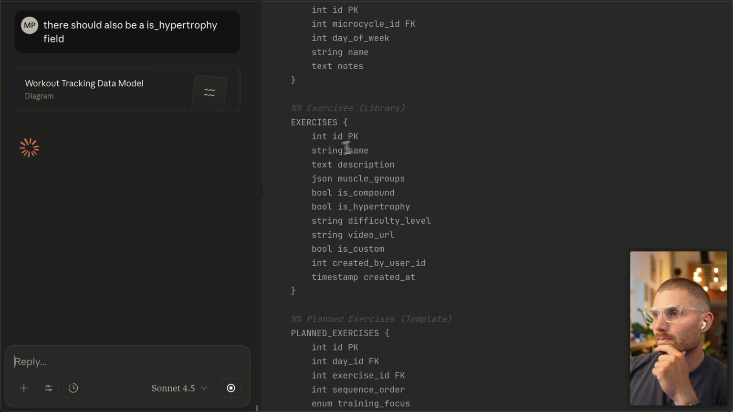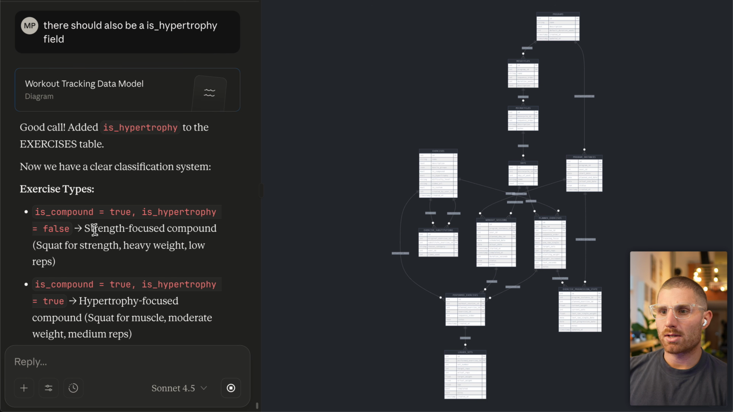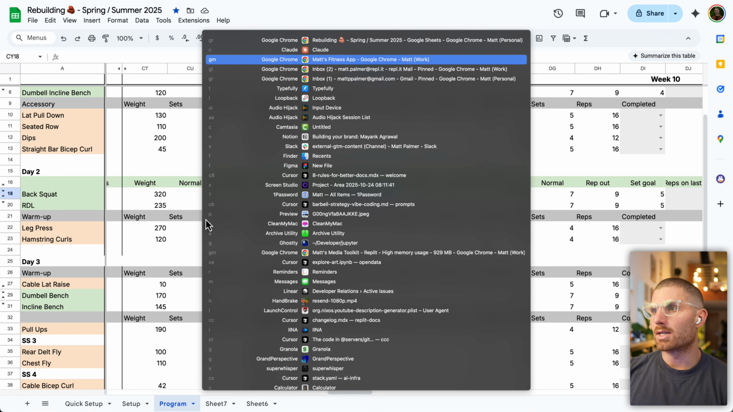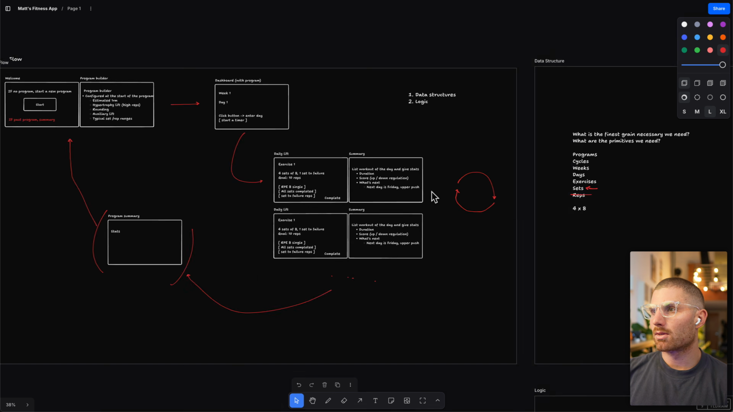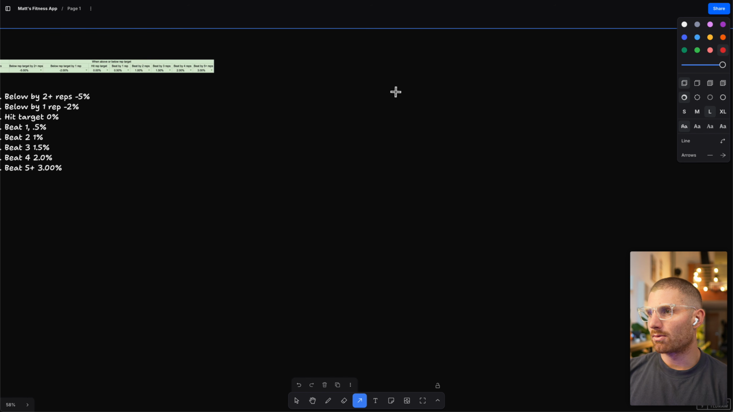Boom. Is compound hypertrophy? Perfect. That's exactly what I want. If we go over to our TL draw instance in our logic section, you can basically have